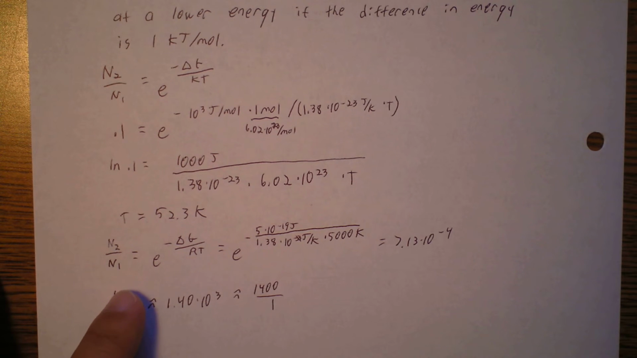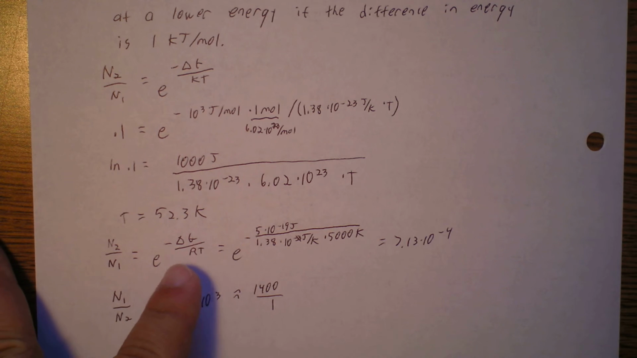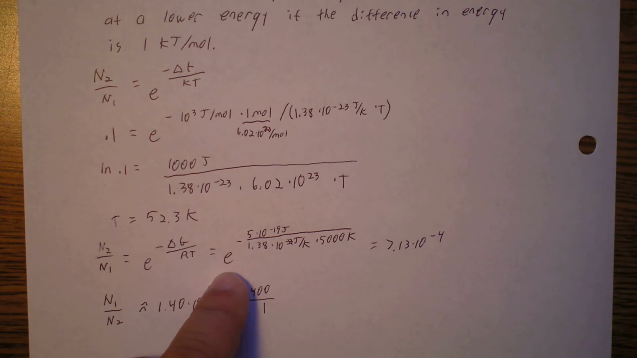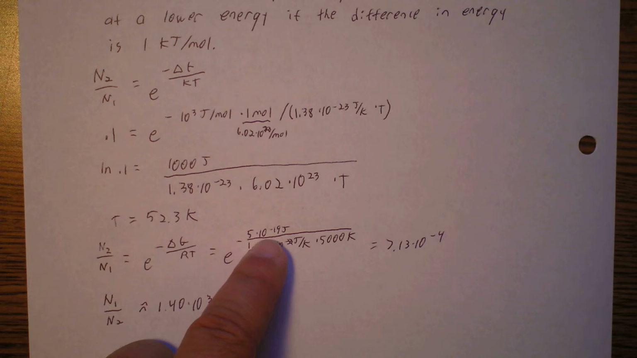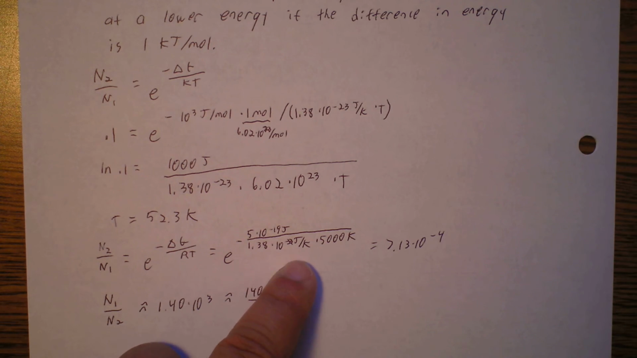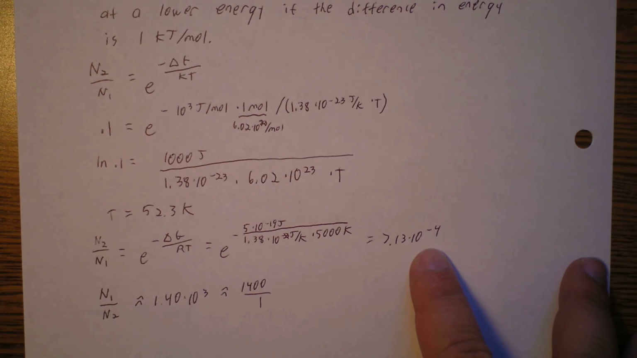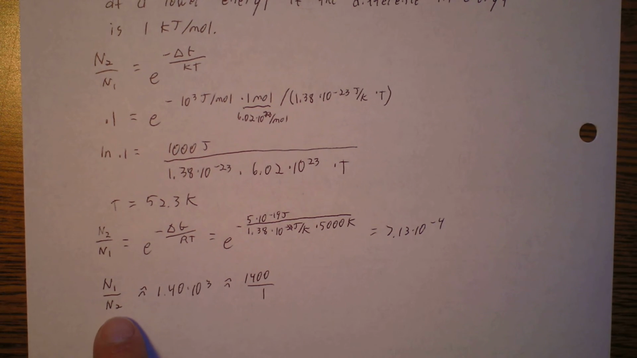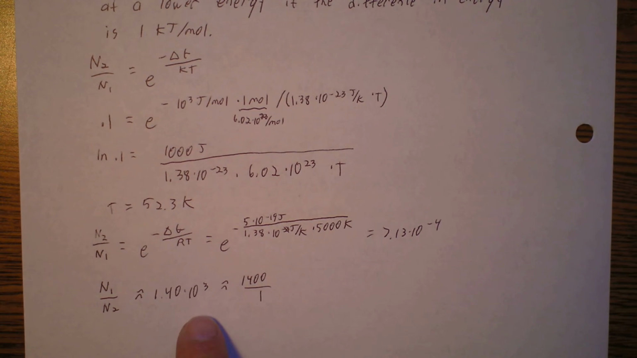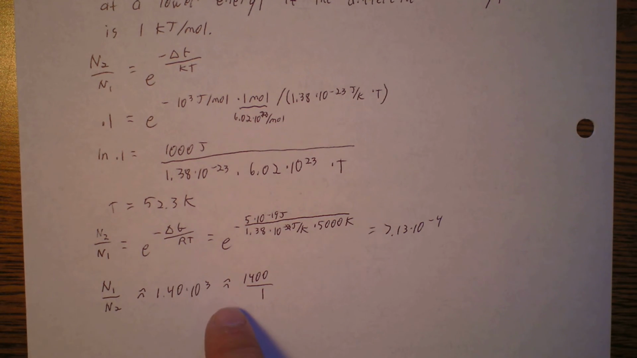So we have N2 over N1 is equal to e to the delta G over RT. That's e to the minus 5 times 10 to the negative 19 joules over 1.38 times 10 to the negative 23rd joules per Kelvin times 5,000 Kelvin. We get 7.13 times 10 to the negative 4. So N2 over N1 is roughly 1.4 times 10 to the third. So what this is saying is that at 5,000 Kelvin, you're going to have a ratio like 1,400 to 1